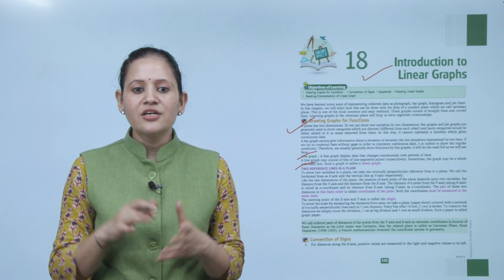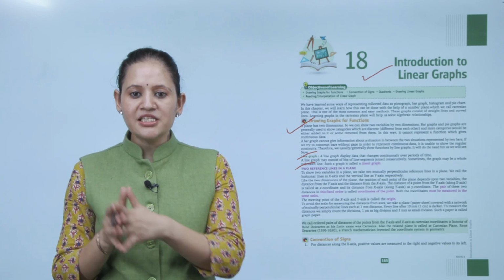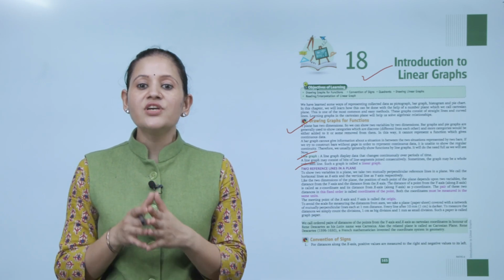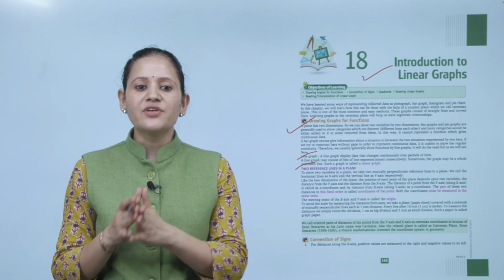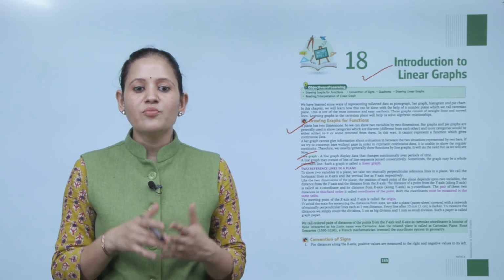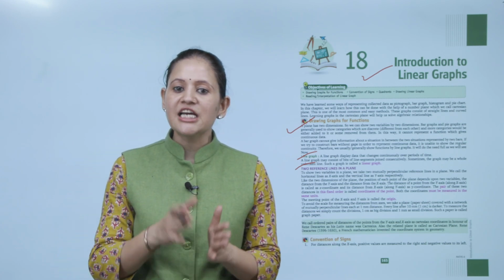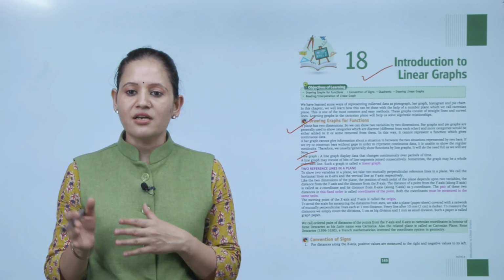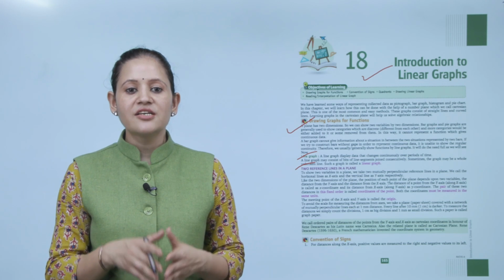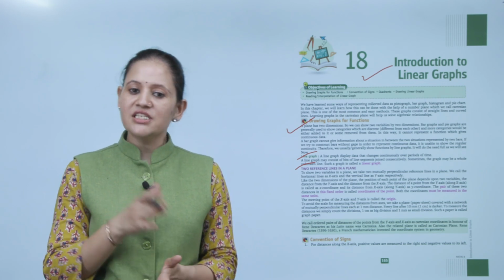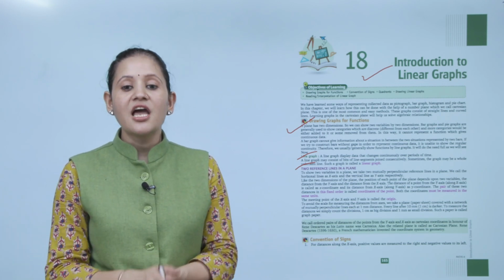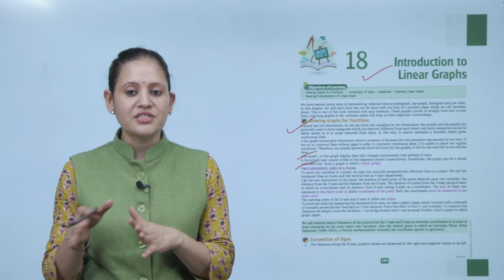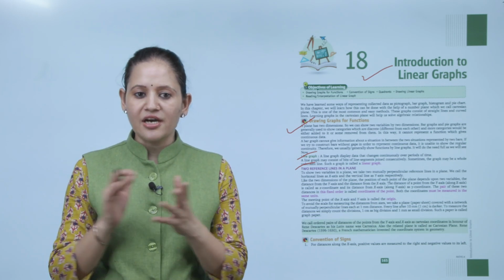To avoid the scale of measuring the distance from the axes, we take a plane covered with a network of mutually perpendicular lines, each at 1 millimeter distance, with every line after 10 millimeters being thicker. To measure the distance, we simply count the divisions. 1 centimeter is a big division and 1 millimeter is a small division. Such paper is called graph paper.